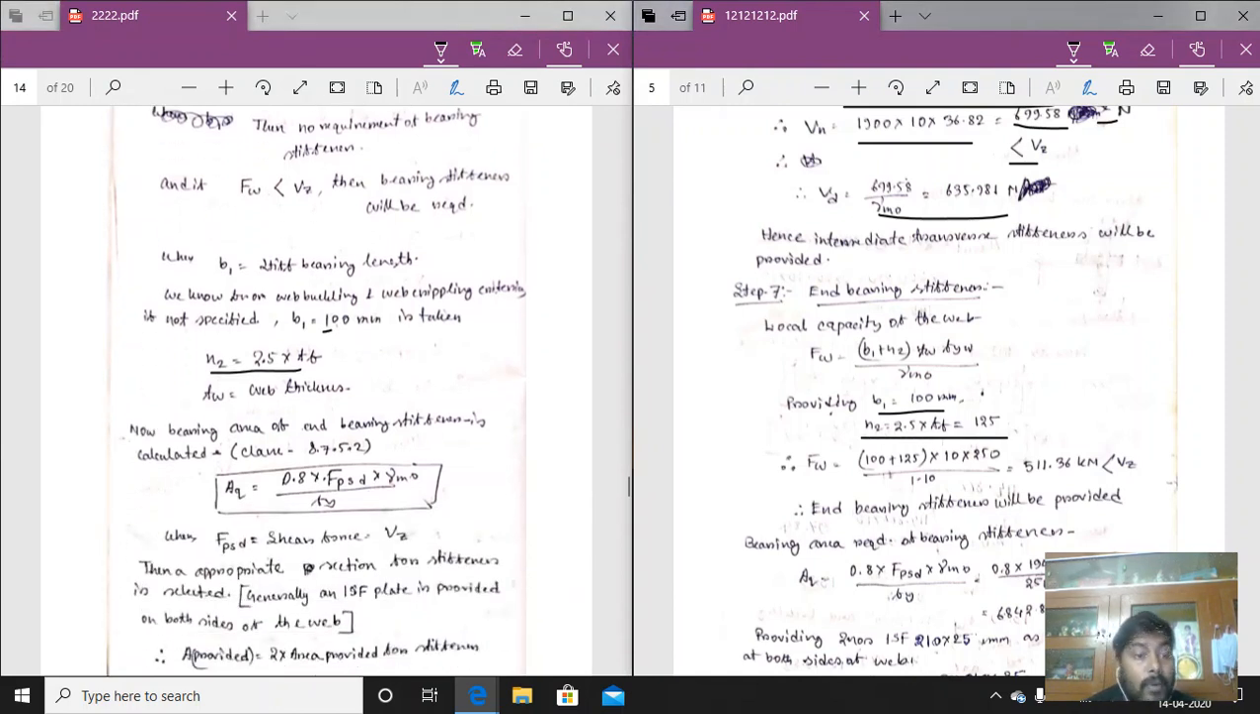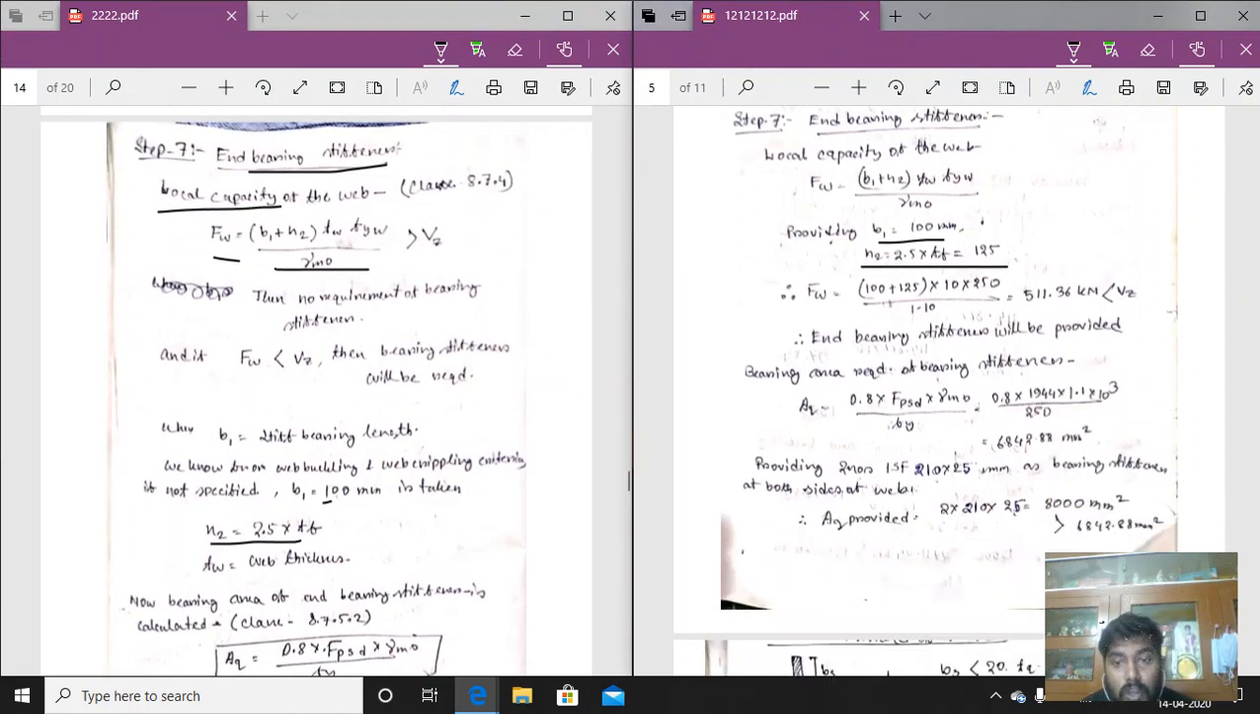So Fw will be equal to that formula. Putting all the values here, B1 into Fy, Fw is equal to that value, we are getting 511.36 kilonewton, which is also less than the Vz, that is 1944. So there will be a requirement of the end bearing stiffener, that I have told you always in case of the